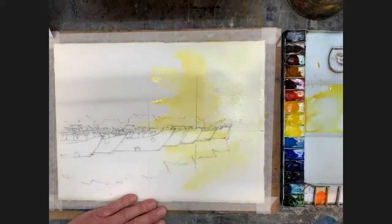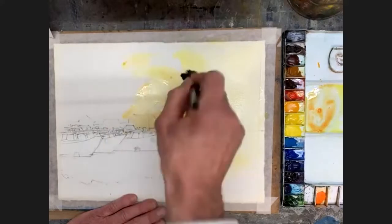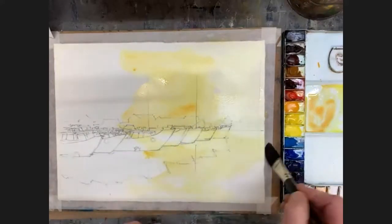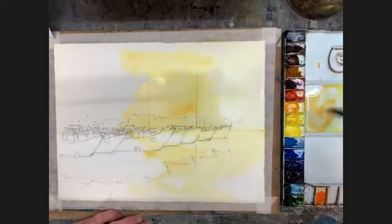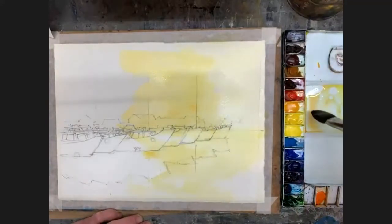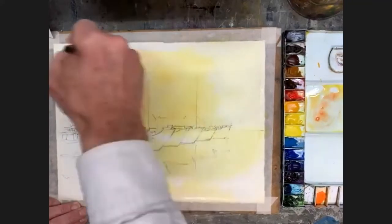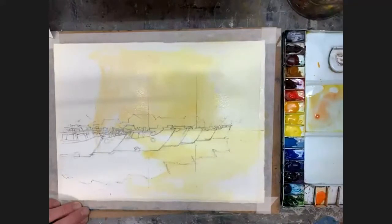Let's put a bit more red in. It's turning red. I'll come back to this area here. Just make that a little, yeah, and let's take this a little bit more red still, this area here. And now clean my brush,